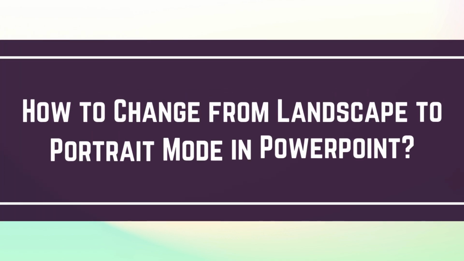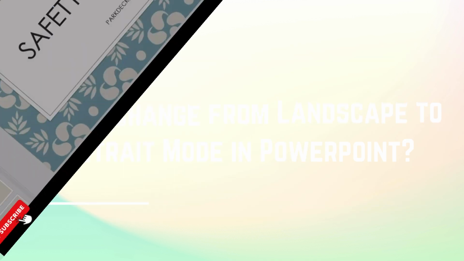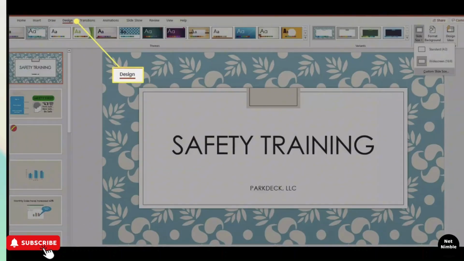How to change from landscape to portrait mode on PowerPoint. So let's get started. First of all, open the PowerPoint and in the normal view, click the design tab at